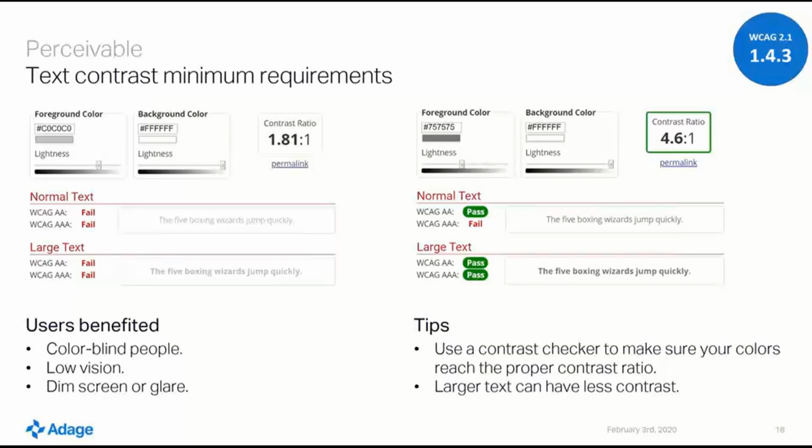Not only people with low vision benefit from clear text, it also benefits people who have a color vision deficit, because the contrast ratio is calculated in a way that color is not a key factor. And if we recall the states of disability that we walked through earlier in this workshop, having good contrast will really also benefit people in the temporary